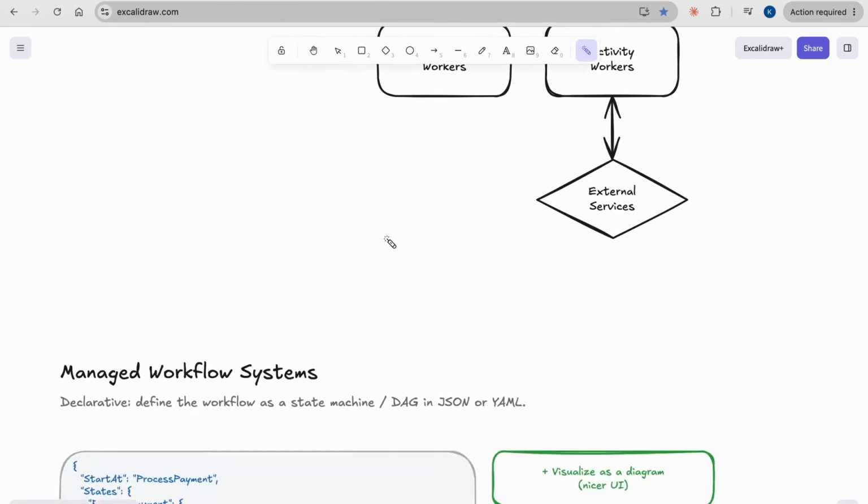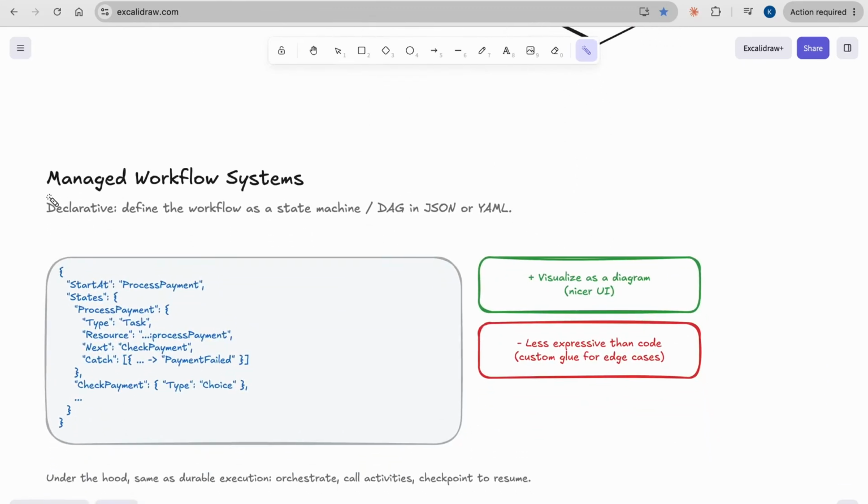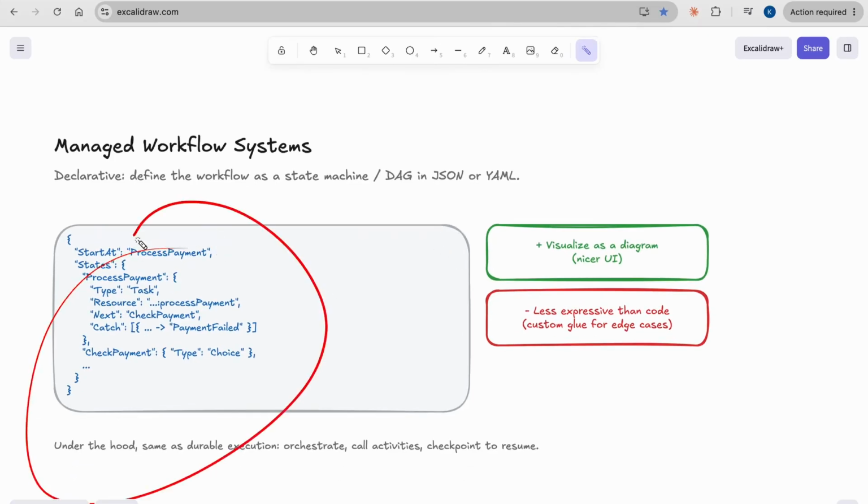Besides Temporal that I was talking about, we have managed workflow systems, though I have not used them extensively. The difference is that here we define the workflow as a state machine, or a DAG in JSON or YAML format. Examples are AWS Step Functions and Google Cloud Workflows.